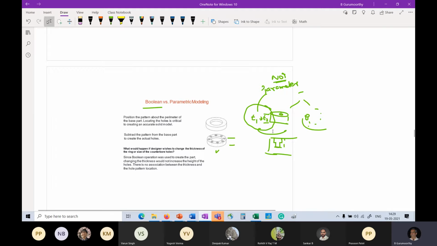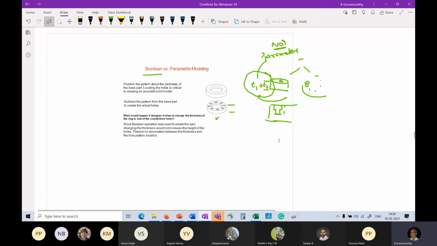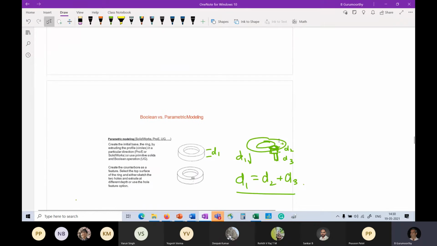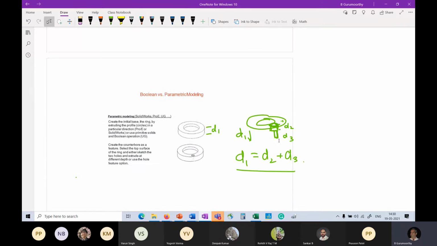But there is a linkage, and therefore whenever changes happen, the system keeps track of those changes and automatically changes this here. So that's the power of parametric modeling, and it allows the design intent to be captured across design changes, and that makes it very interesting and powerful.